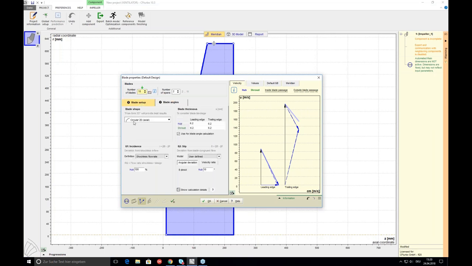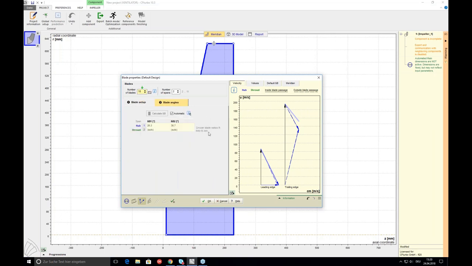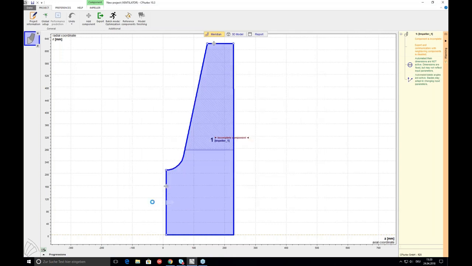And because it's a circular 2D blade, and the leading edge position and the trailing edge position in the meridional view are known, it tells you also the blade radius, which is connected to that set of blade angles. Okay, from here I can go directly to the next design step, which is the blade